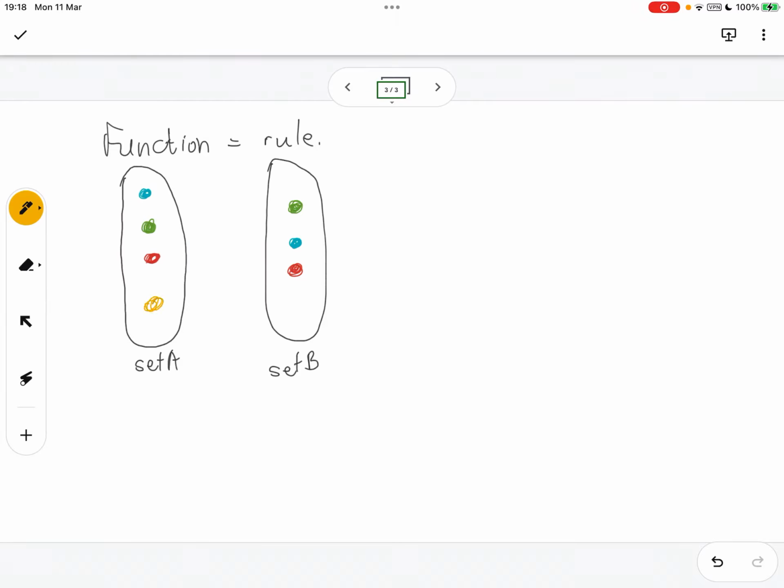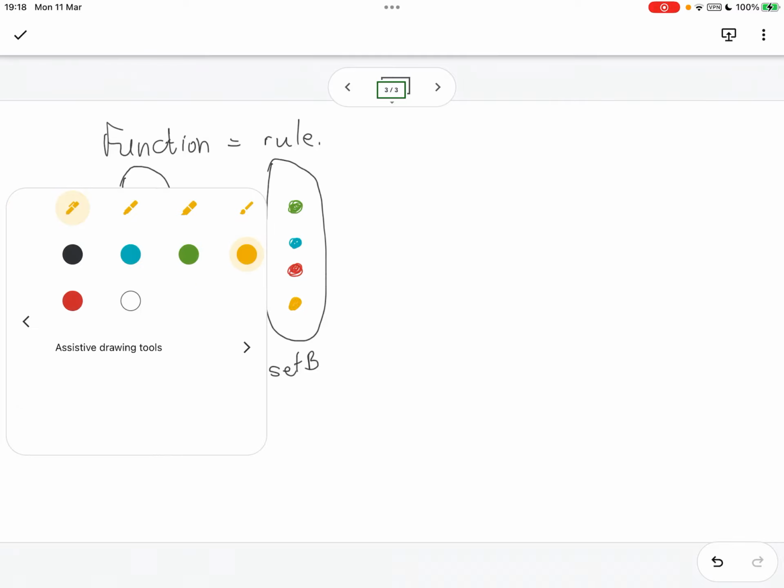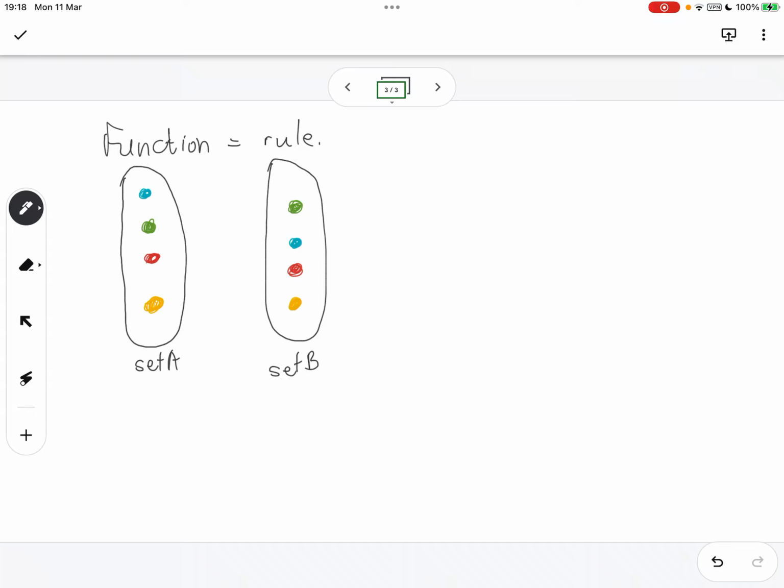And there's a certain relationship between these sets, between the numbers in each of these sets. Now we don't know what that relationship is expressed by, whether it's y equals mx plus c or whatever, you know what math can be like. But what we do know is that if there is indeed a function between the elements of set A and the elements of set B, then that function is the rule